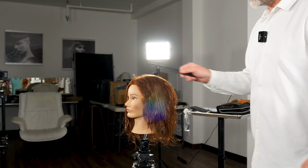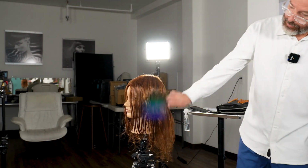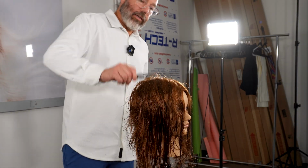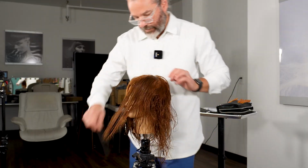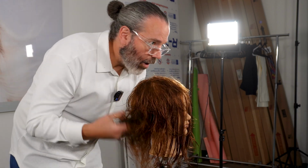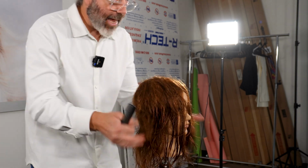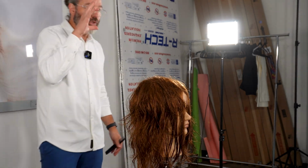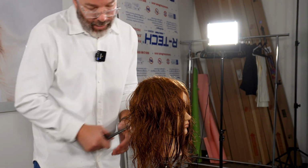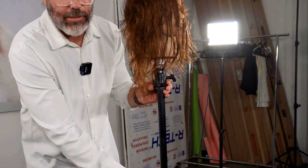Okay, perfect. And I worked off a center part. Already looking at that, you can start to see a lot of those layers happening in there. Like that is super awesome. I love it. But what I want to do is bring that length up. So bringing that length up is just going to create, guys,